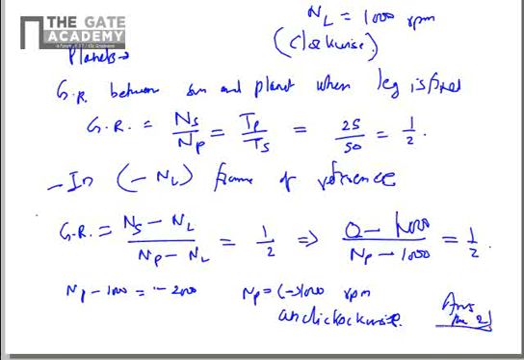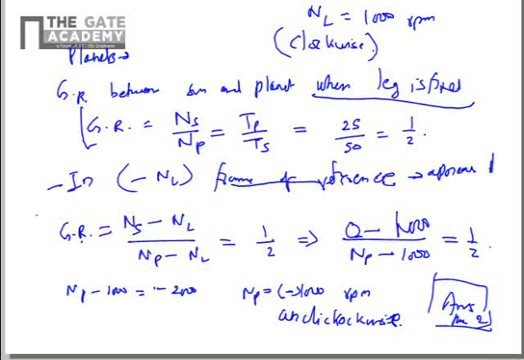So that is the answer for part 2. It is always easier, for all of these epicyclic gear chain problems, to determine the gear ratio first, considering the leg is fixed, and then that gear ratio will remain the same in the minus NL frame of reference. In reality, the leg is also moving, but since we are looking from a minus NL frame of reference, it will appear that the leg is fixed. So then we can equate both gear ratios.